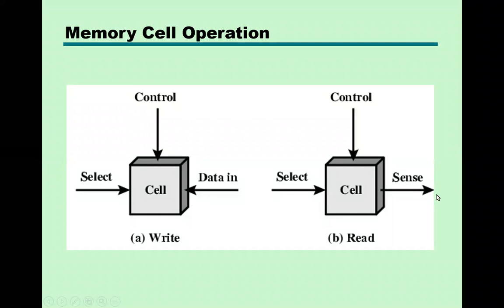And sense means you will sense the bit. Bit means here the energy is there. Energy high means it is 1. Low means it is 0, right? If the power supply is there, it means it is 1. If no, then it is 0. So in this way, we can either write data or read data. By the address, you can select a particular cell, and the control line is for either reading or writing. We use this control signal, read and write.